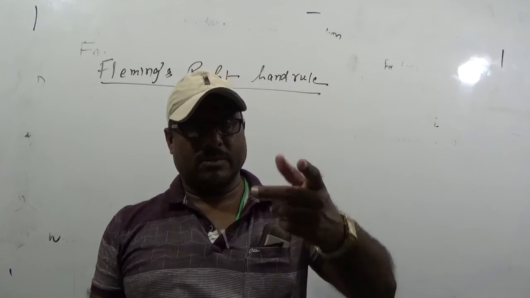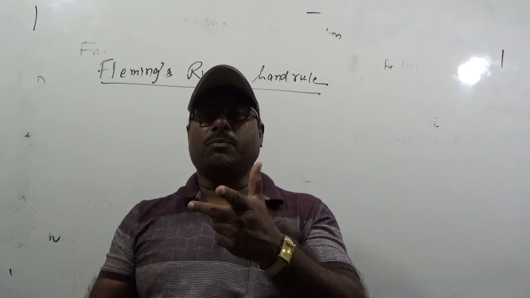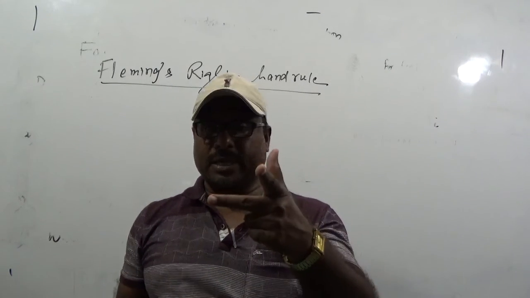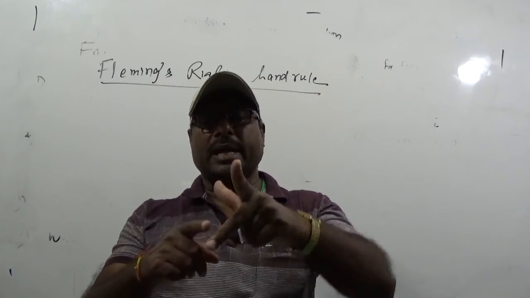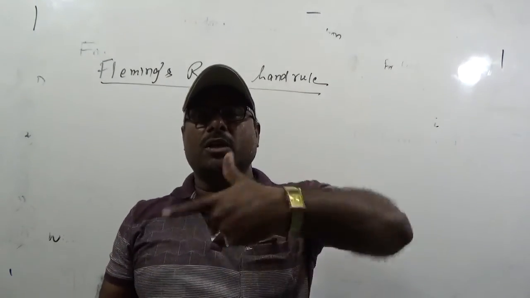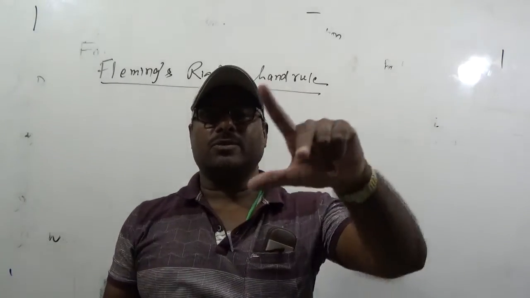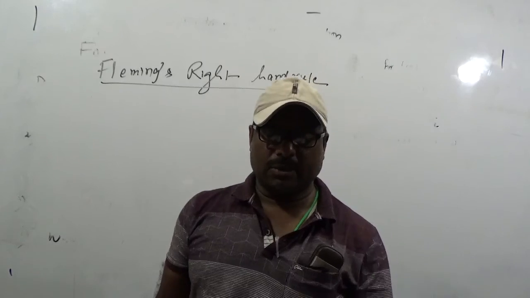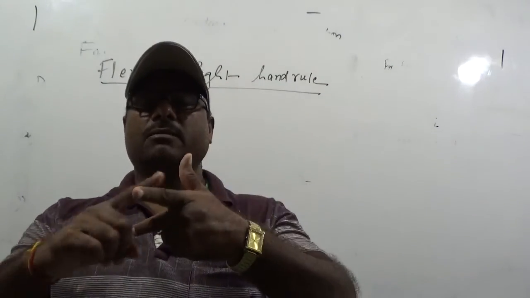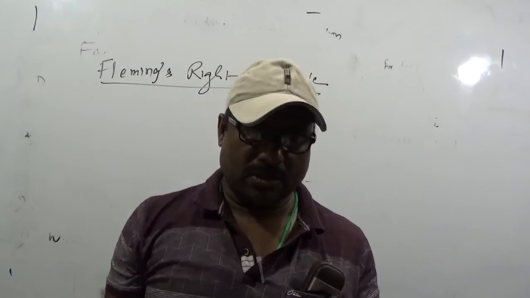No problem. So Fleming's left hand rule: if forefinger, second finger and thumb of the left hand are stretched in such a way that they are mutually perpendicular to each other. See here, this is the mutually. I move my hand, but it is not changing its positions like this. We should not change. Then what happens? These four fingers show the magnetic field. The second finger shows the current, and this thumb will show the motion.